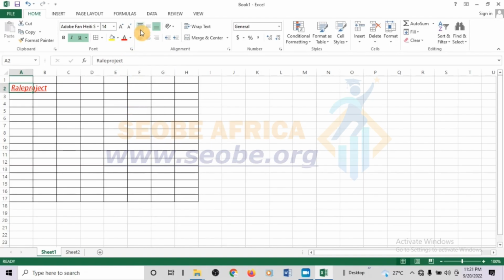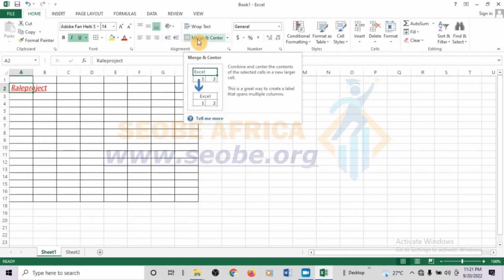You can do that. Here you can change your alignment. Down here you have the align left, you have the center, you have the align right, you have bottom align, you have middle align, and also top align, depending on what you are looking for at a particular time. So here we have text wrapping, merge and center,